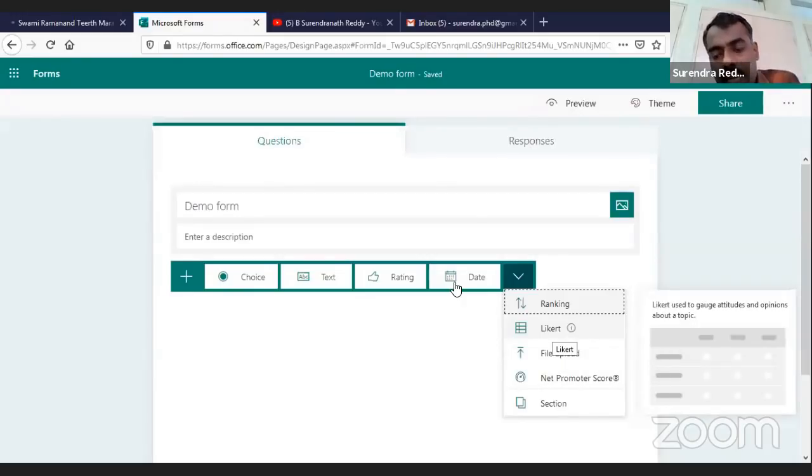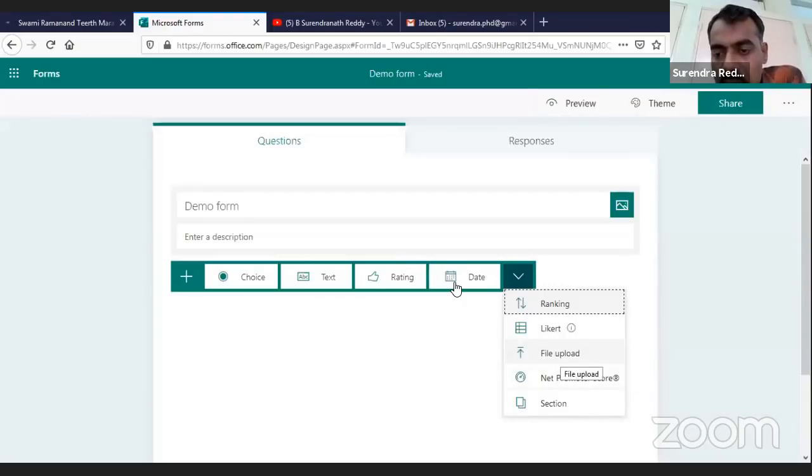But I can tell you when explaining about this. As a teacher, if you want to get ratings from students, if you want to really improve, then this can be used. Okay. And we also have a file upload option. I would like to tell here that this file upload option is not available for a regular free account user. This is available if you sign up as an educational institute or if you go with the pro version. Okay. So this option may not be available with everyone, but it is available with institutional addresses and the pro version.